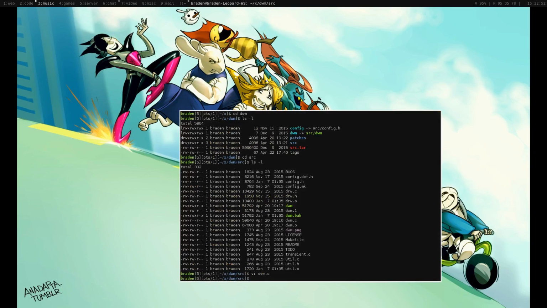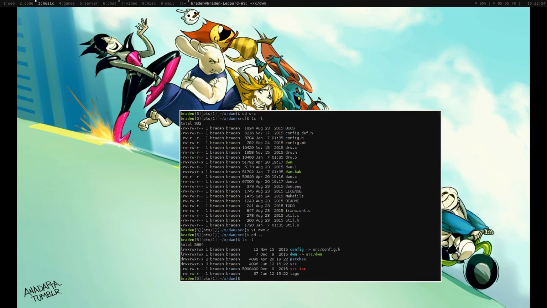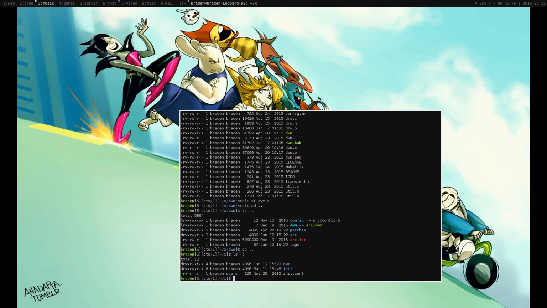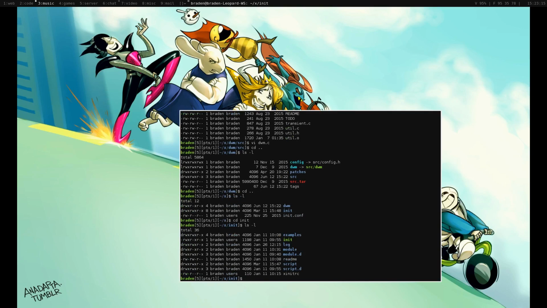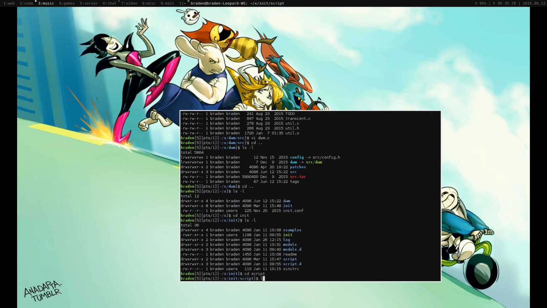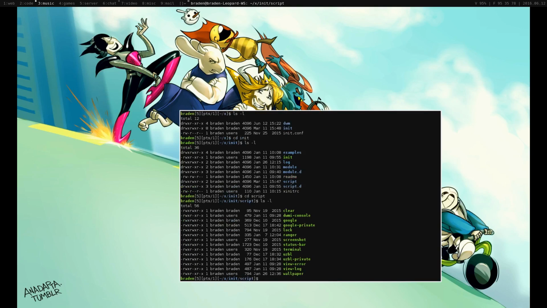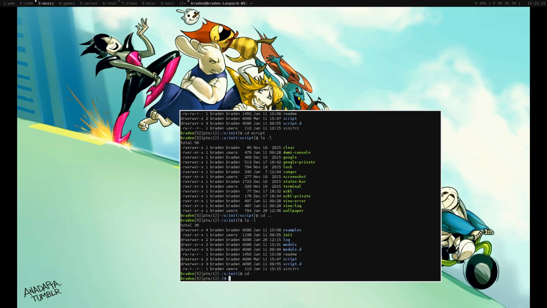This is a lot of stuff I've been building up over a long period of time. If you were to try to just rip this off of what I have and apply it to your own system, you would have a lot of trouble, because I have kind of a clusterfuck of scripts going. I really need to clean this up at some point. But anyways, there's the dwm and patches, and then this has all my init scripts. I've done extensive work in trying to organize all this stuff, but even then I can't help the stuff like,